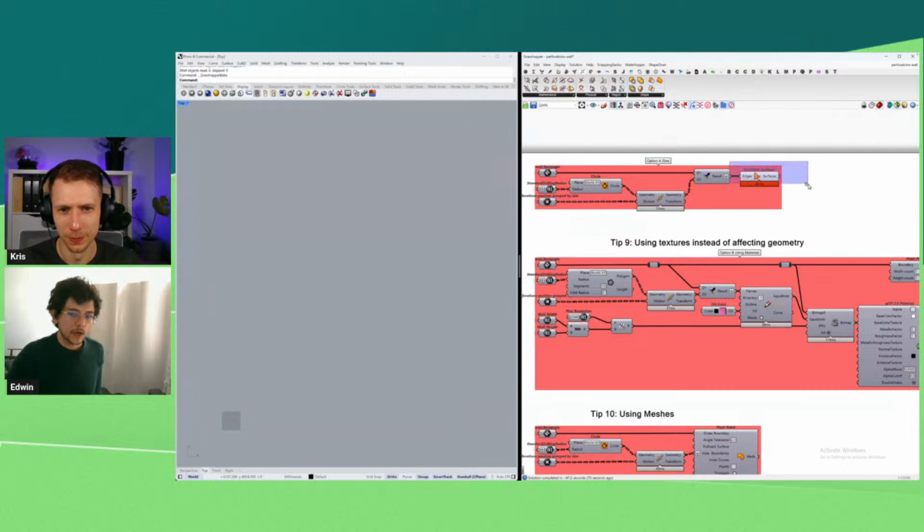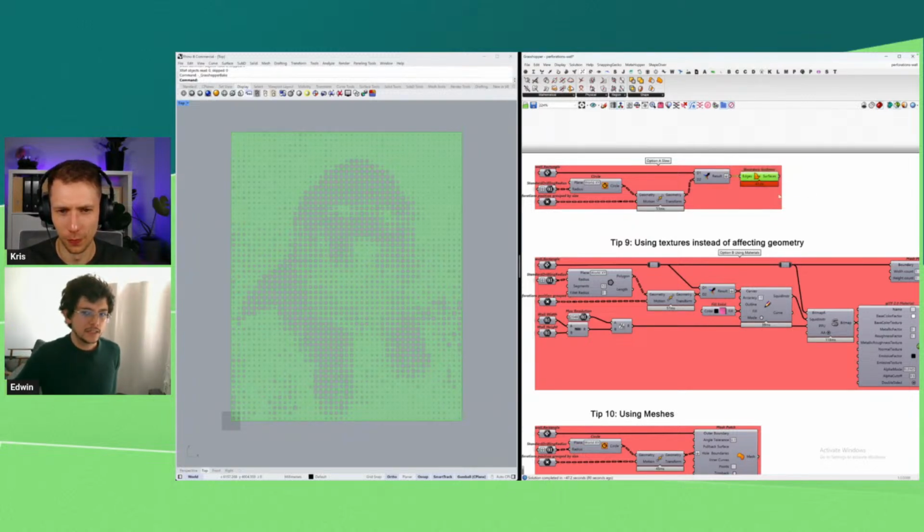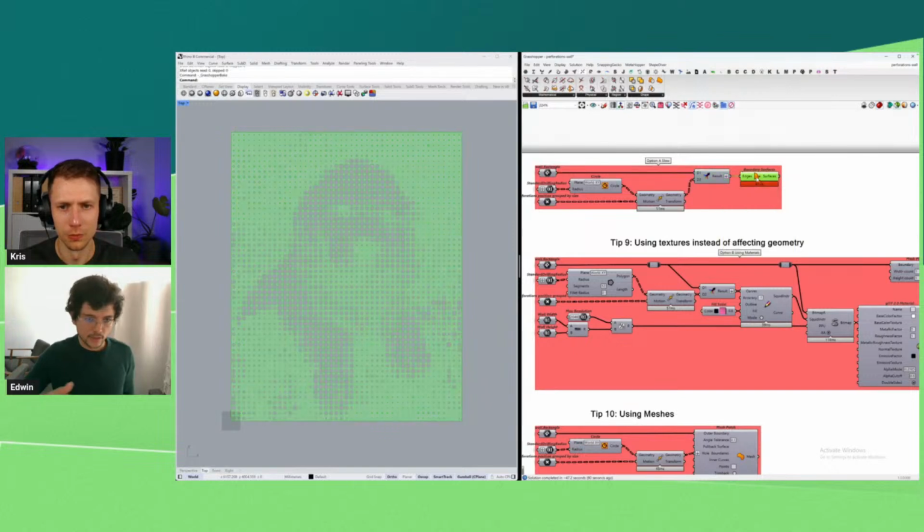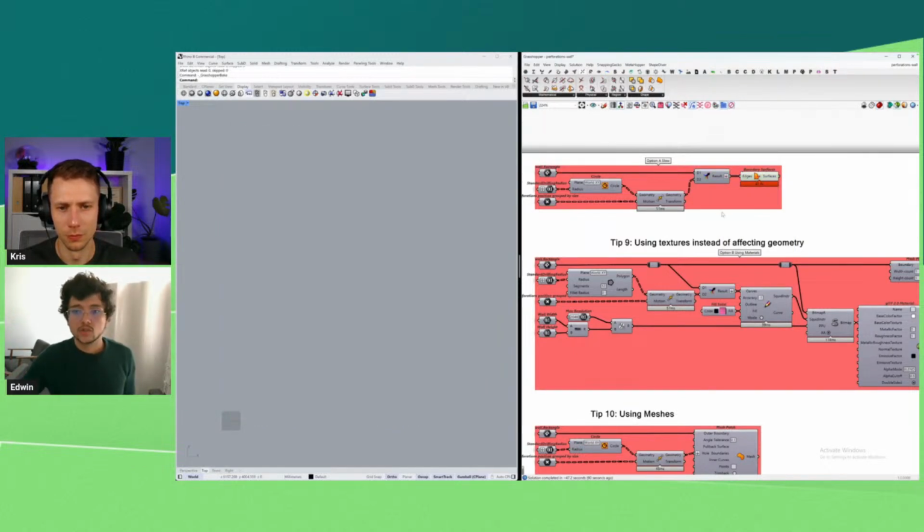Now that will take a long time, and for manufacturing purposes, you actually don't even need this. You need this mainly for visualization purposes. For manufacturing purposes, I probably just need the coordinate, the drill size, and that's it. I don't really need to have this. It is just because I want to visualize it. So if it's not needed for manufacturing, then how do I visualize this? I just want to visualize. And that is when we can use textures instead.